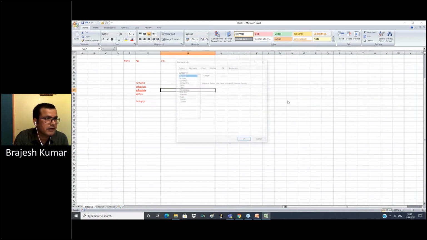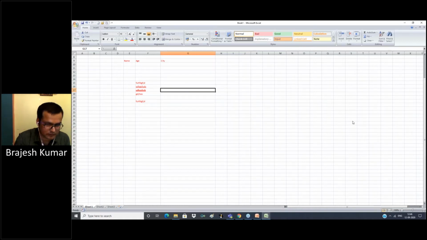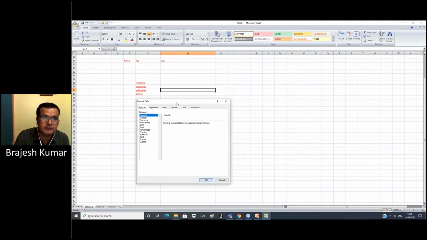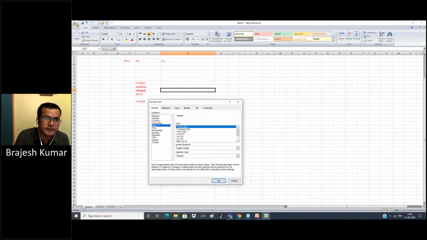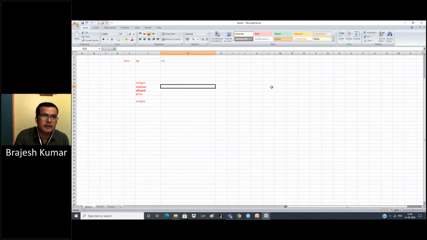Control 1: after pressing Control 1, the Format Cells dialog opens, and you can select the desired format from here and click OK. So these are some basic shortcut keys in Excel which we can use in our daily work for smooth working.